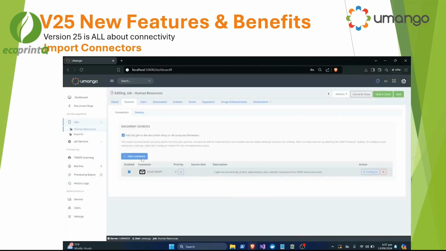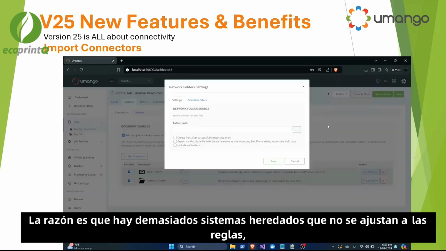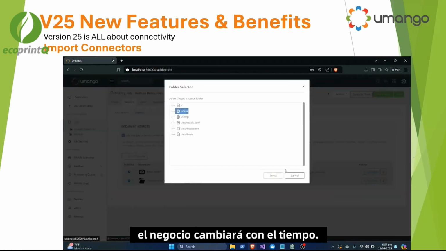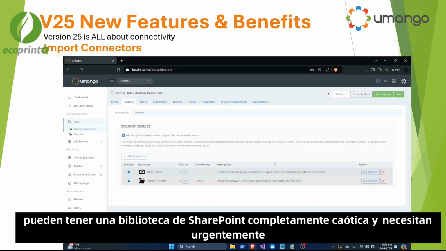What's the benefit? The reason is because there are so many legacy systems out there that are unruly and have just grown over time, and they're not well managed. The business changes over time. They might have, for example, SharePoint libraries that are just a complete mess, for example,